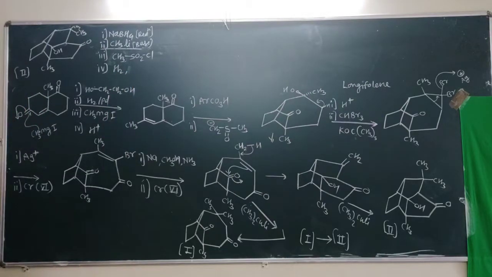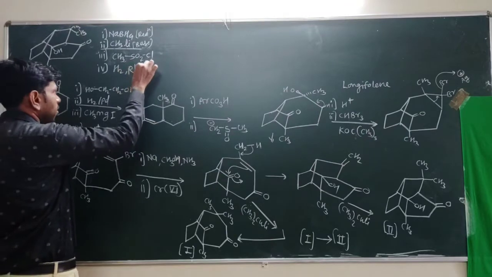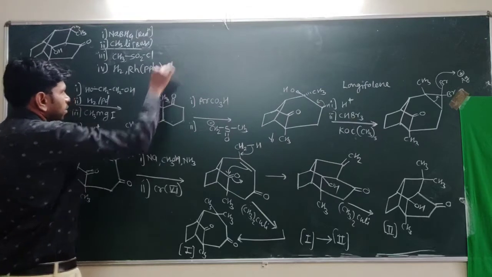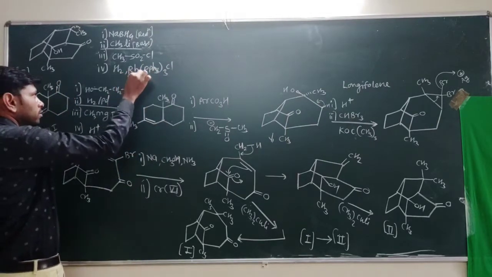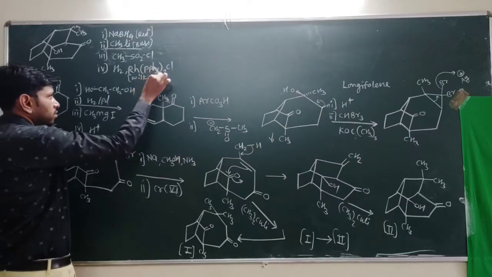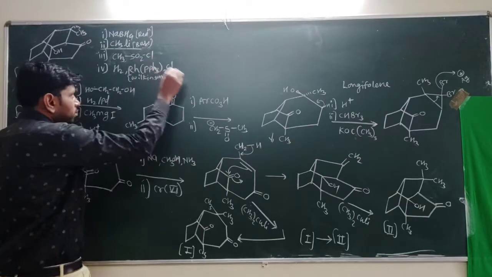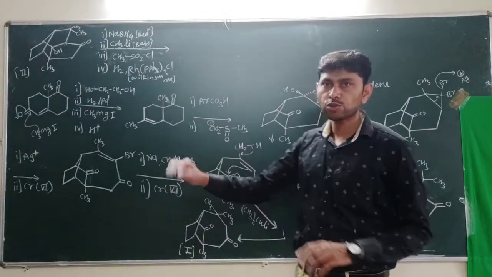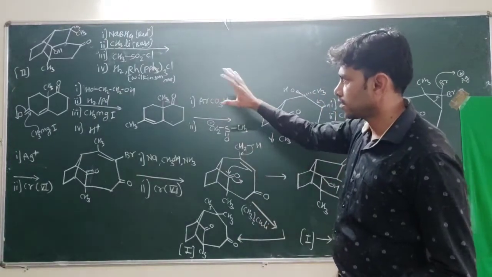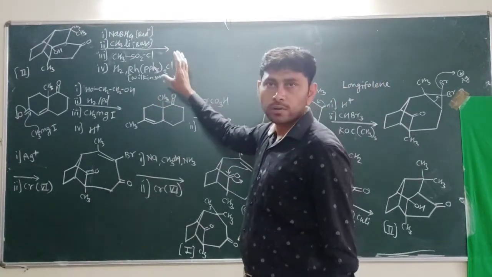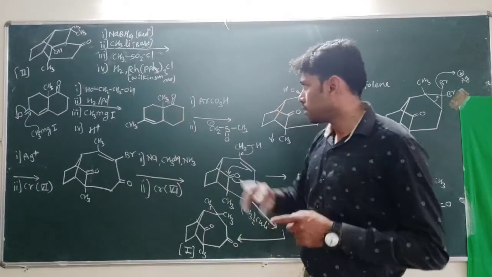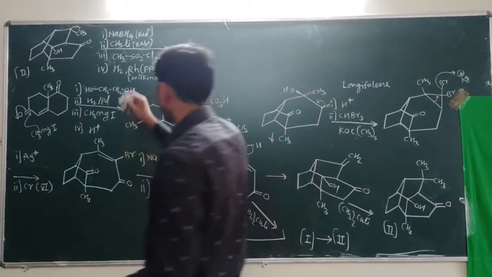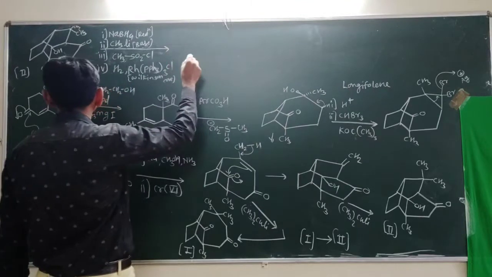in presence of rhodium catalyst, RhCl(PPh3)3. Wilkinson catalyst. What is this for? The work of this Wilkinson catalyst is to reduce the carbon-carbon double bond, like H2/Pd. So study the Wilkinson catalyst in detail. The actual function of this is to reduce the double bond. Now which form it takes, and what type of product is formed.